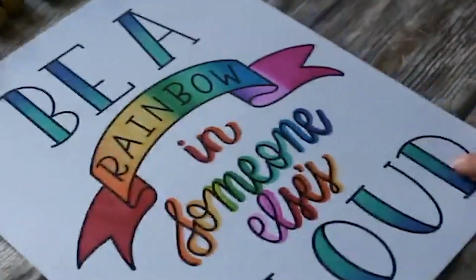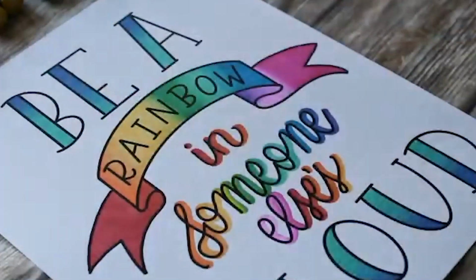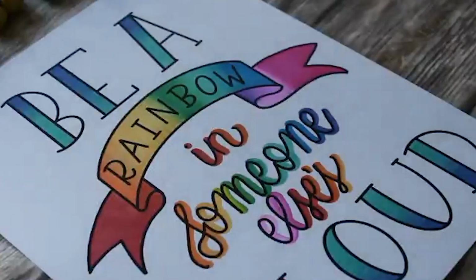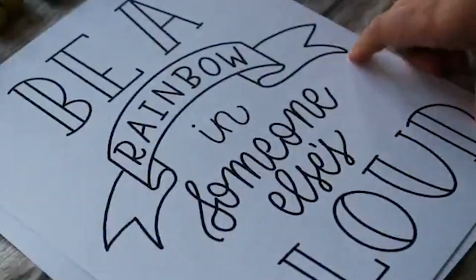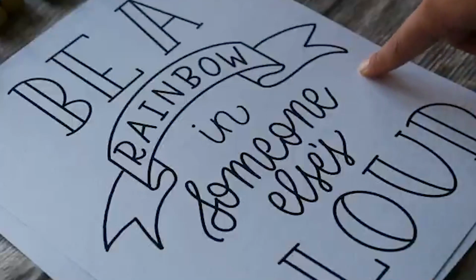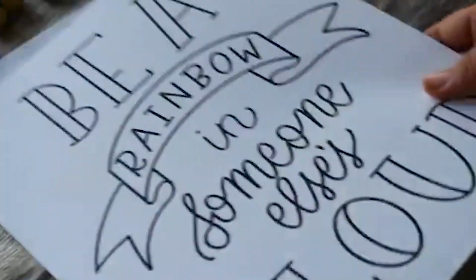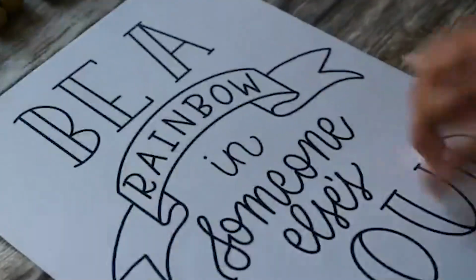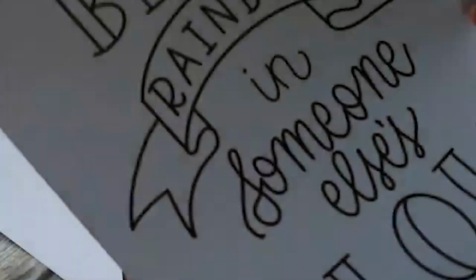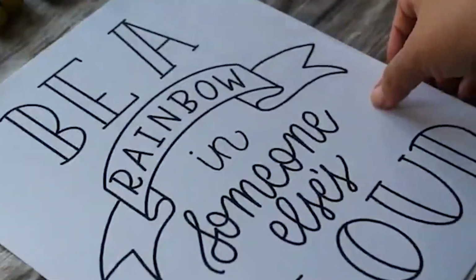So we are going to make a piece like this. I actually created the line art, the black lines, on my iPad, and then I printed it out onto mixed media paper. I usually use mixed media paper for blending because it is thick enough to withstand the blending, and I just prefer it with these markers. So this is one I printed out onto the mixed media paper, and this is what we'll be coloring